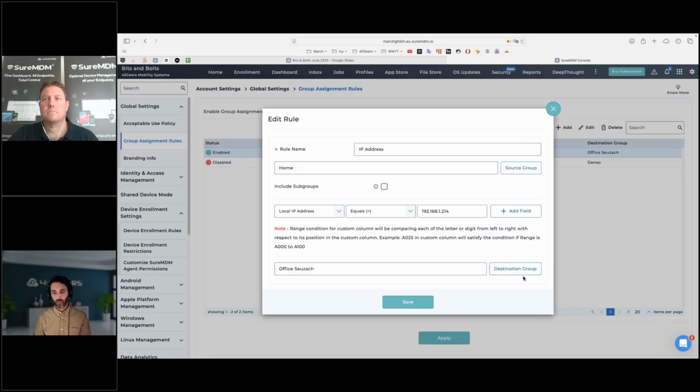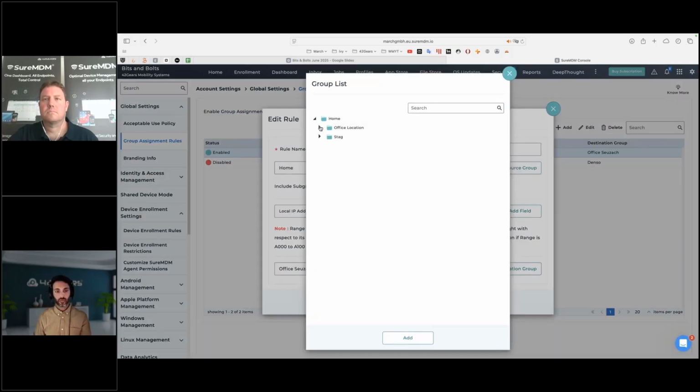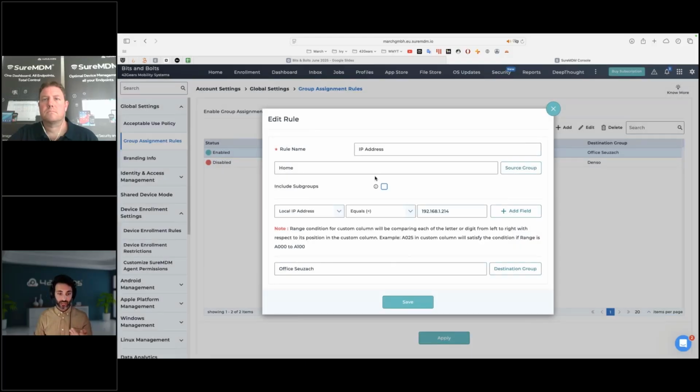So you might have seen before, I actually have 2 office locations. If you're familiar with Switzerland, there's Hettlingen, a small village, and Zorzach, another small village, where I have 2 little offices. And depending on the IP address, it'll either fall into the Zorzach office or the Hettlingen office. And that's what we've kind of done here. If it's this IP address, which is actually the IP address of this location, that device will automatically come into